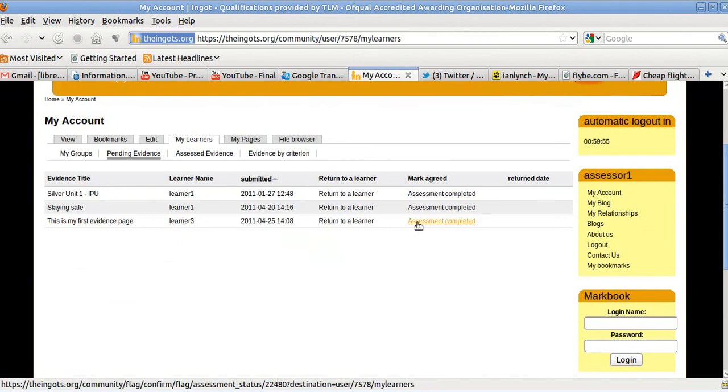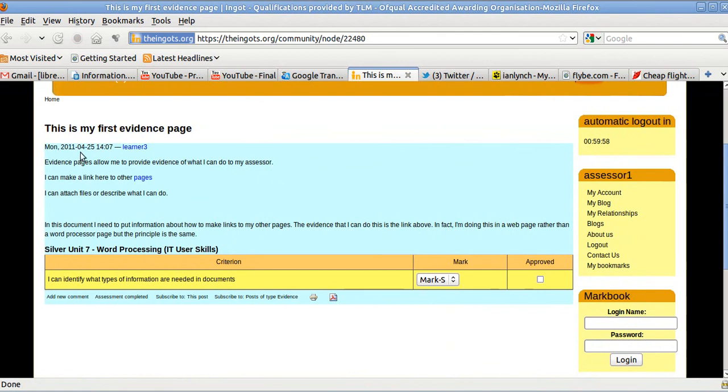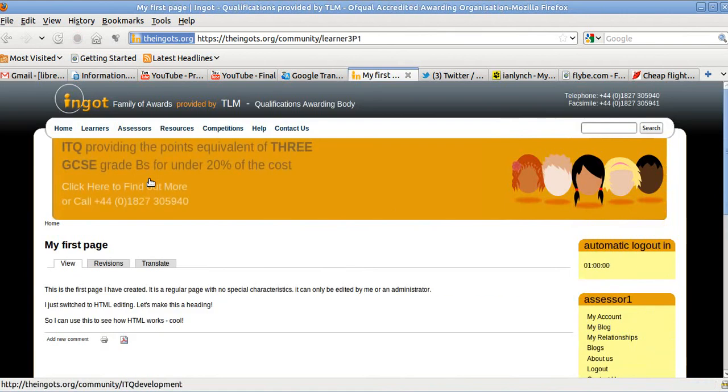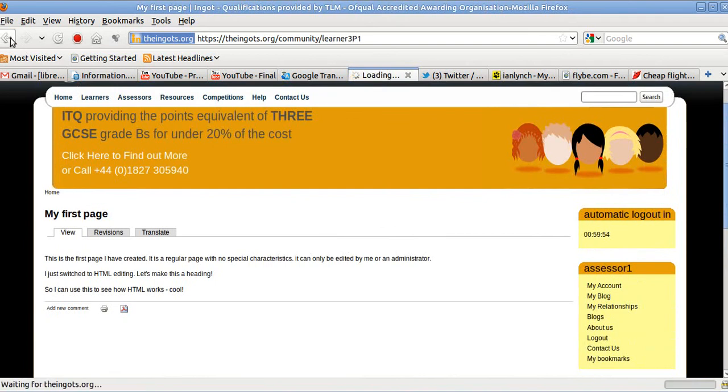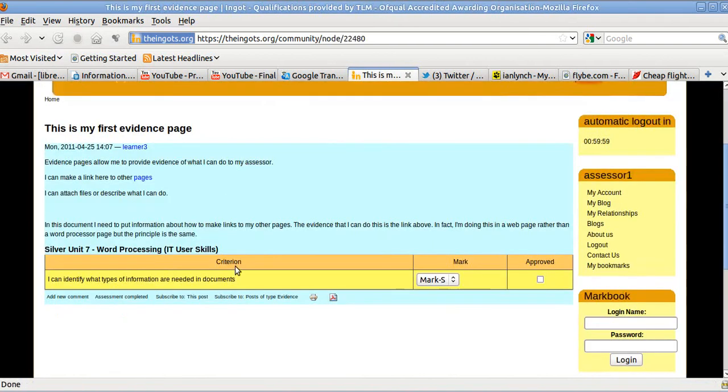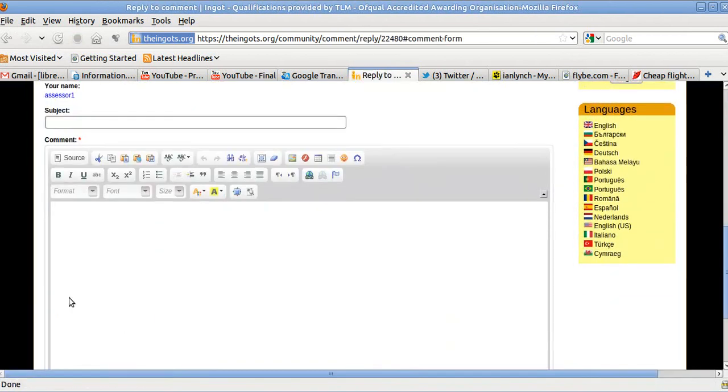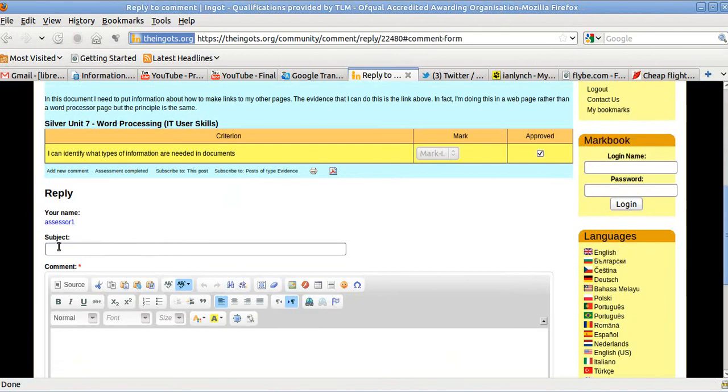They go to My Learners and see at the end of the list, this is my first evidence page from Learner 3. They can review the evidence, looking at the page that the learner has produced and any other attached files. They see that the learner has marked themselves an S for secure. They think there is not enough evidence, so they make this lower. There is some evidence, but not enough to meet the criteria, so they have downgraded it to an L and